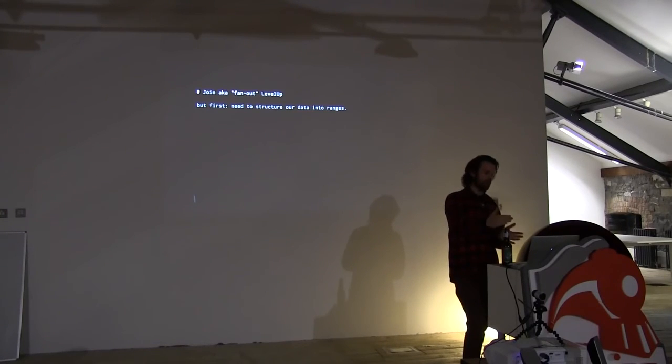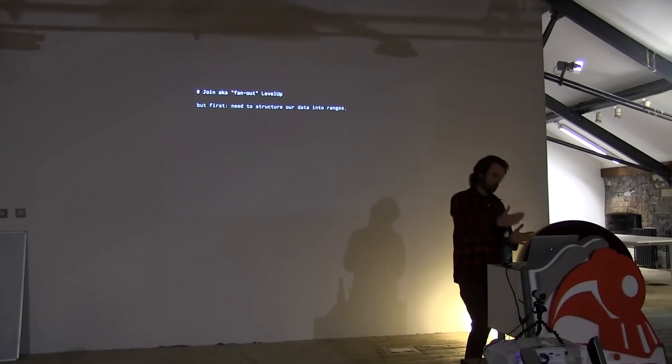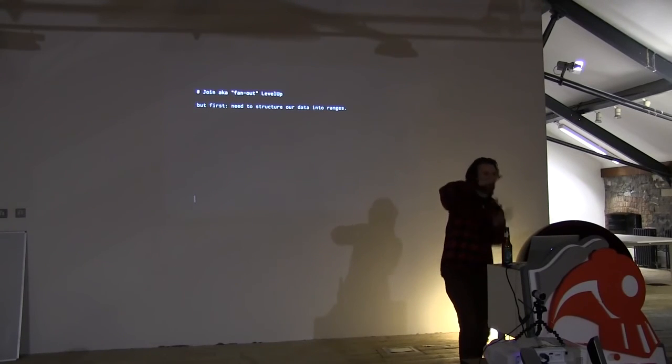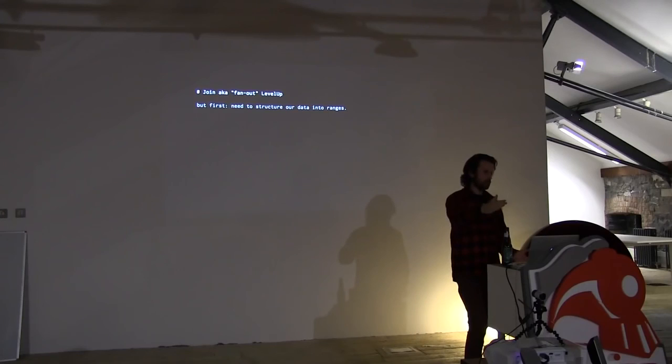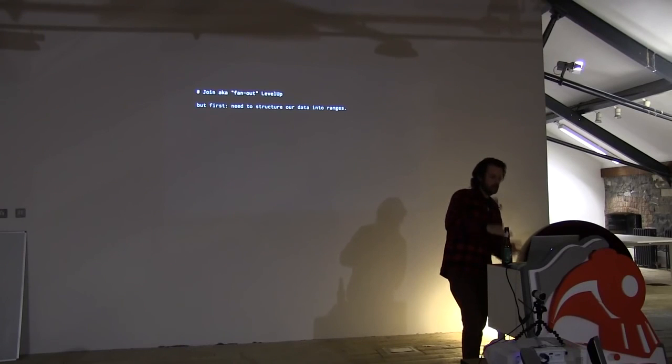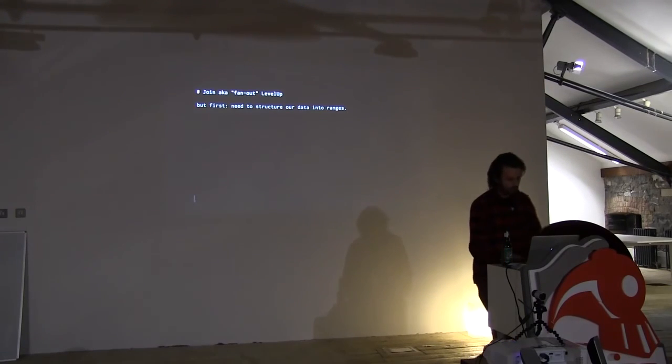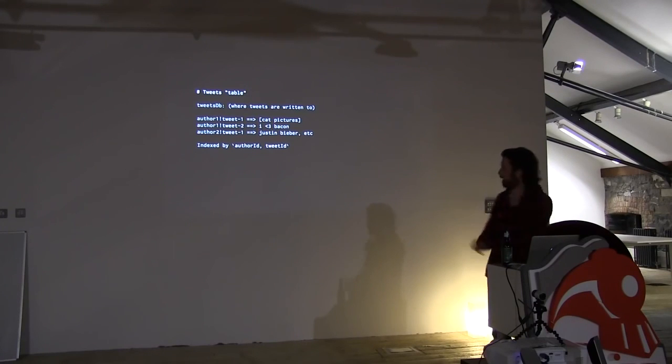But with LevelDB, reading a range of data isn't really any slower, in terms of disk access, than reading a single document. So it's really good to arrange your data so that you have it stored as a range of records rather than a single chunk, because then you can just append to that and it will eventually end up inserted in the same place and you can read it out really quickly. So we have this tweets table